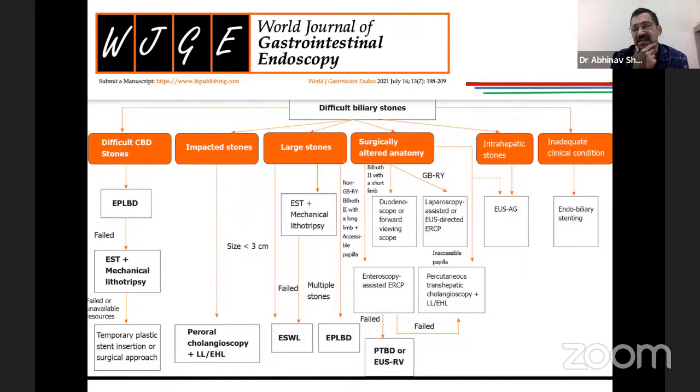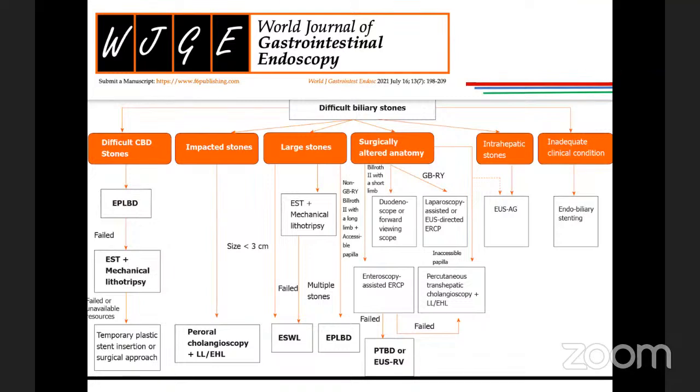But what about lithotripsy? Sir, if cholangioscopy guided lithotripsy is available, then it can be done. Mechanical lithotripsy is usually not successful in these cases. So for the students, the answer is that if the stone is too big, and Dr. Abhinav says 3 centimeter, then if you have a cholangioscopic lithotripter, which will be a laser lithotripter, isn't it? Yes, sir. Then you have an option. But a mechanical lithotripter for a 3 centimeter stone would be no for most endoscopists.